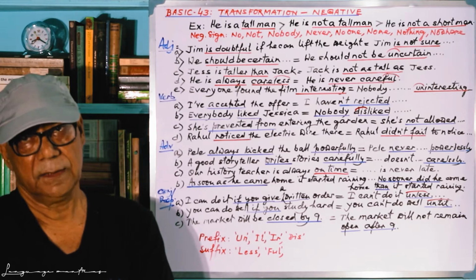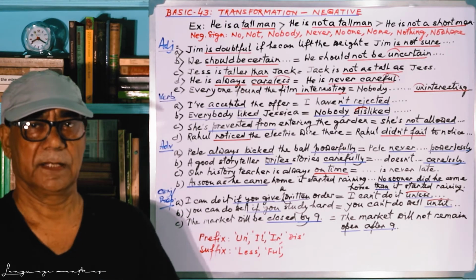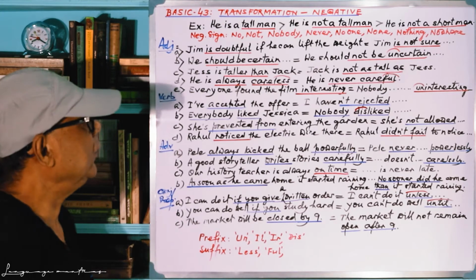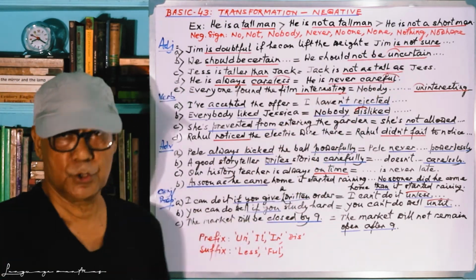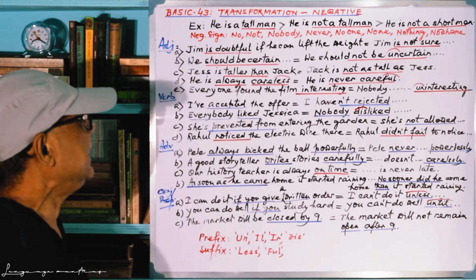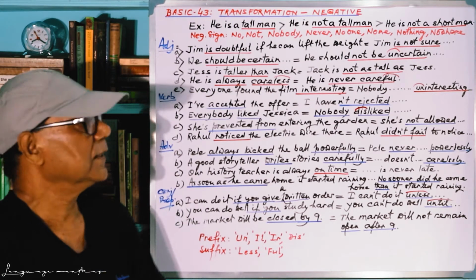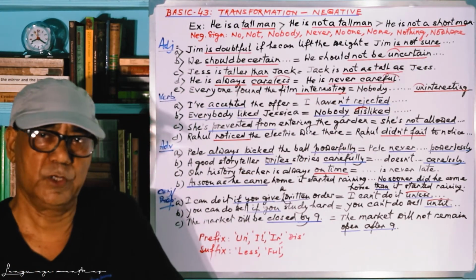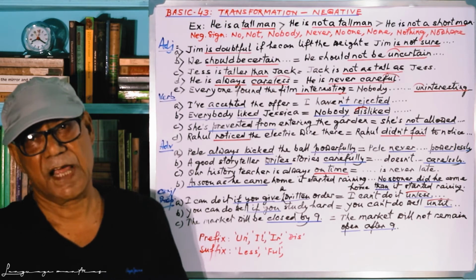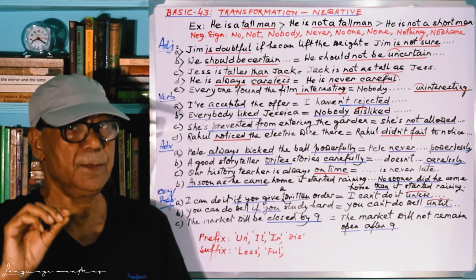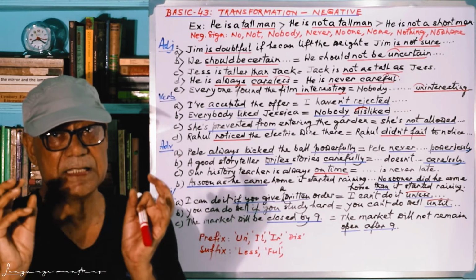He is a tall man. He is not a tall man. It is so simple. But when we come to option number 2, it becomes a little bit different. You see, he is a tall man. Here we have to use that negative signature word, no doubt. And at the same time, you have to give the opposite or antonym of a word that is vital in